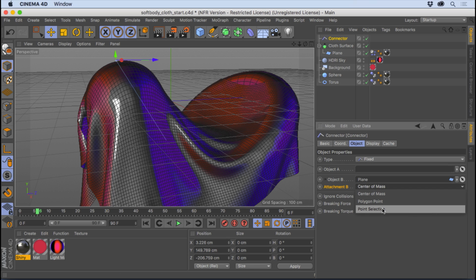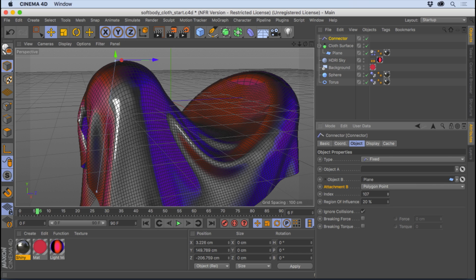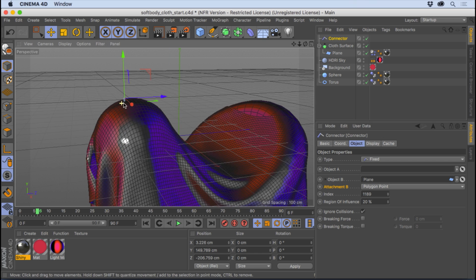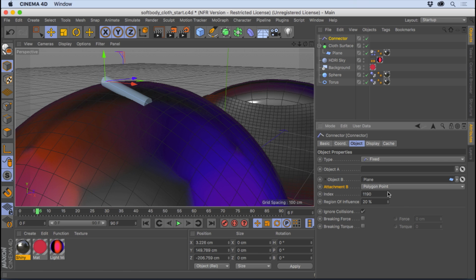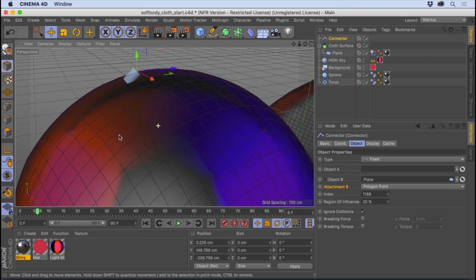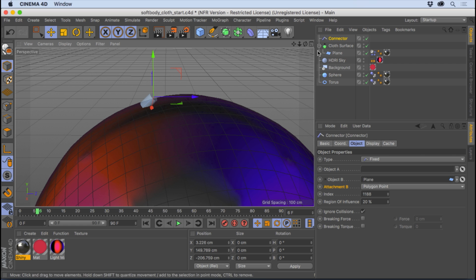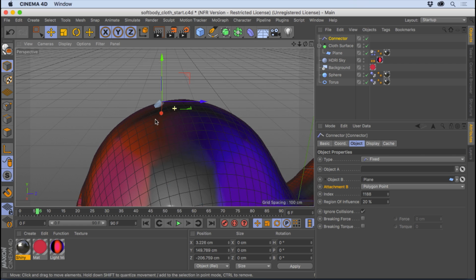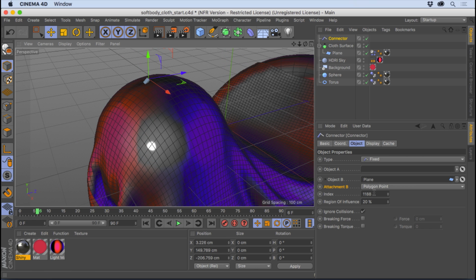What we actually want to do is use a polygon point. I'm just going to scrub through the index, which is the index of all the polygon points on this plane, and go through all of them. I'm going to have to go all the way up to probably 1,000 and something. You can see how this is going around and around, and let's just see. Looks like right about there is pretty close to where we want our point to be. Yeah, that's pretty close to where we want our connector to be. So polygon index point